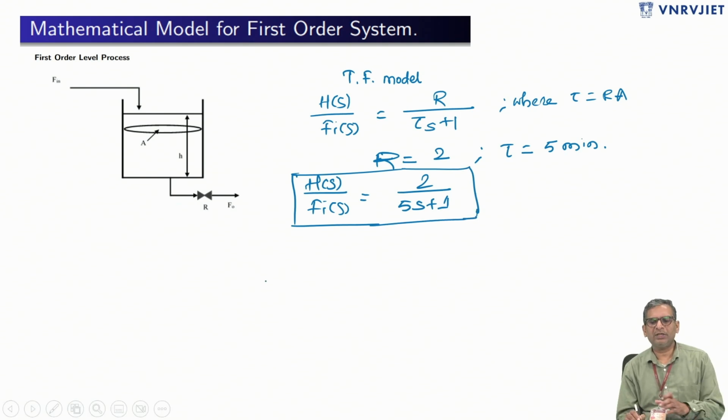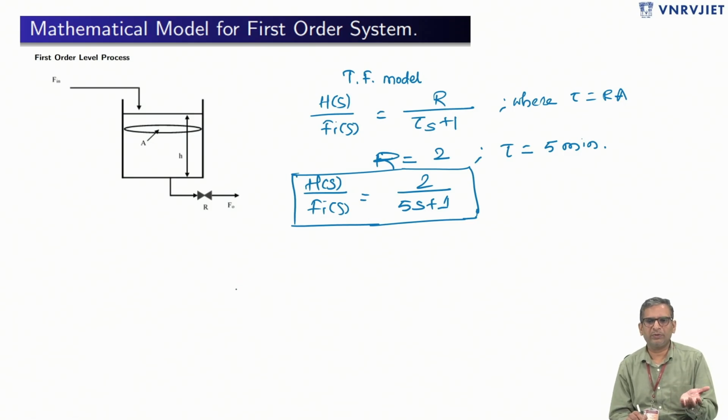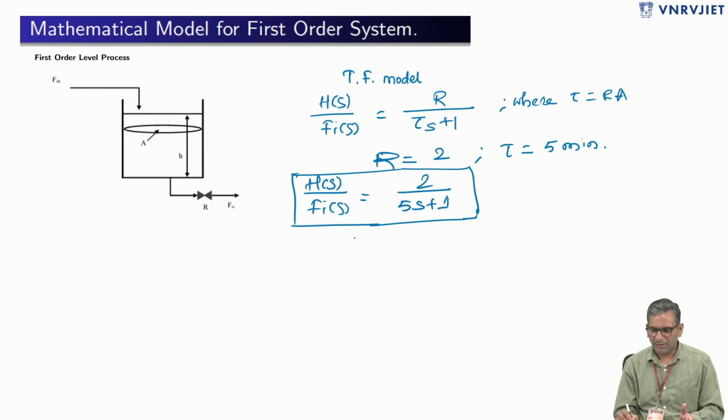Now, how can I use this to understand the plant behavior? I need to know how the water level changes with respect to time t, or I want to know how much the water level in the tank will be at a particular time t. So let's say I need to find this. Consider this is the known equation. Let's consider this as equation f, for example. Now I will apply